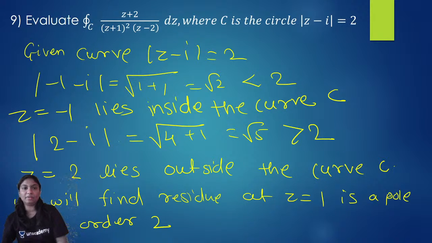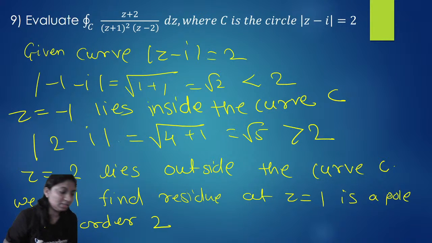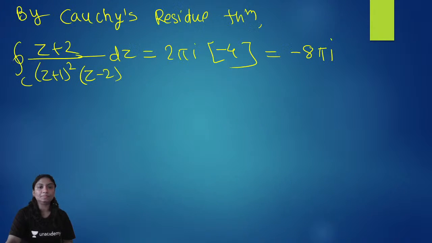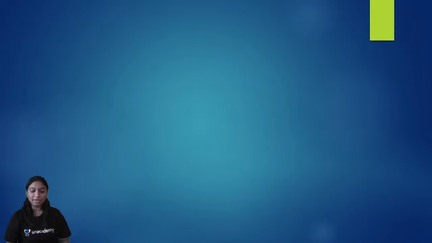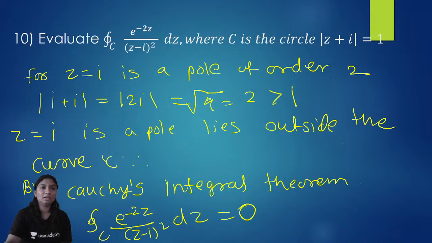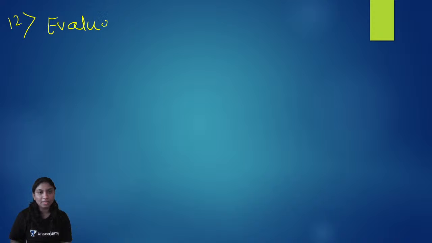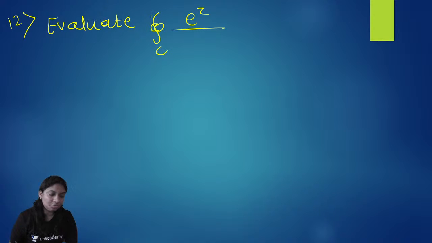Now see, we will take one more example to evaluate. Evaluate the integral over C of e raised to z upon z plus 1 into z plus 2 dz,